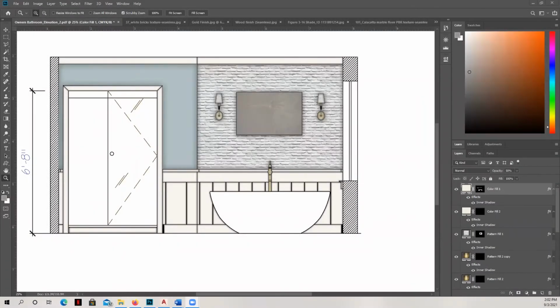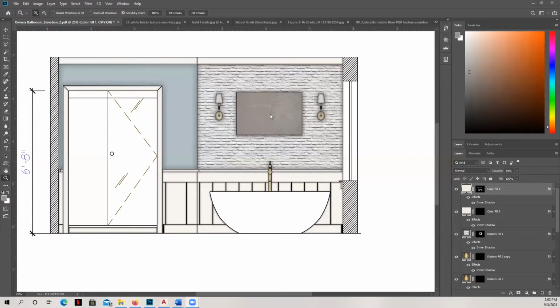In this video, I'm going to review with you how to define and apply material patterns and how to add highlights and shadows. And then we're going to learn how to do a bunch of really fun things that make your rendering look unique, which is to make a picture frame. I'm going to teach you how to make objects look curved. I'm going to teach you how to add a pattern with a transparent overlay, and then of course to add entourage and scale figures and a finish key.